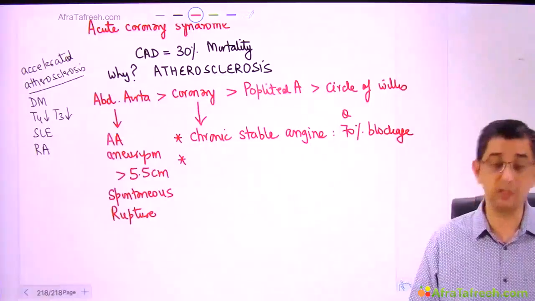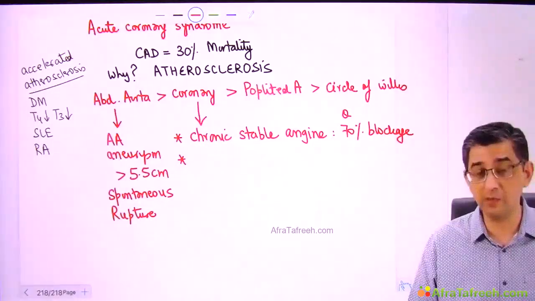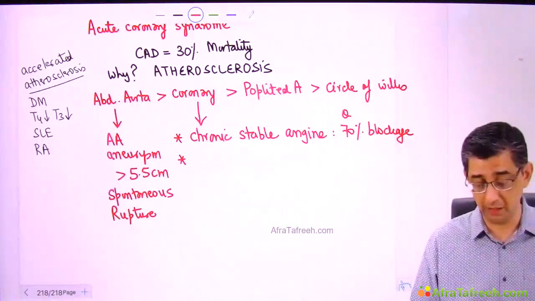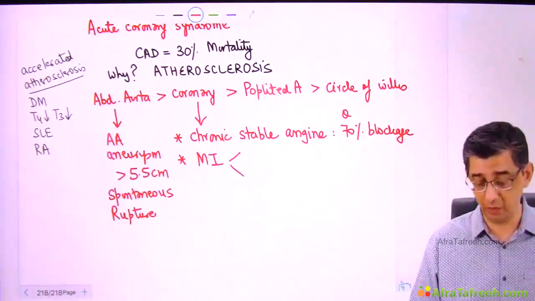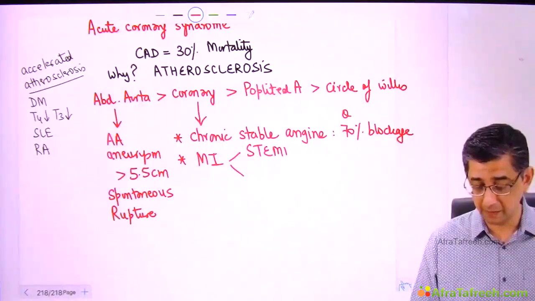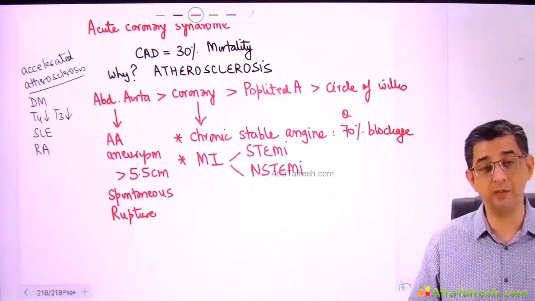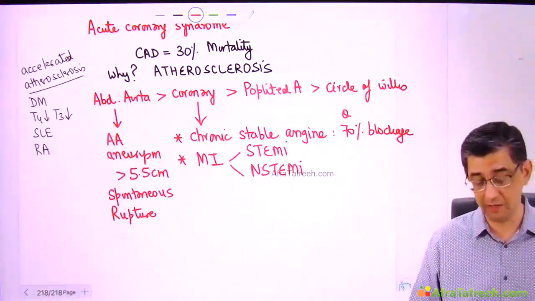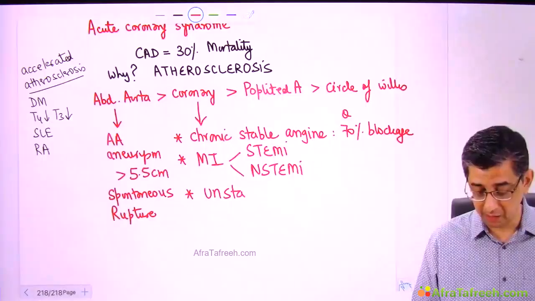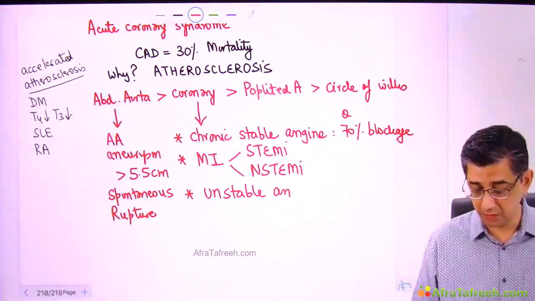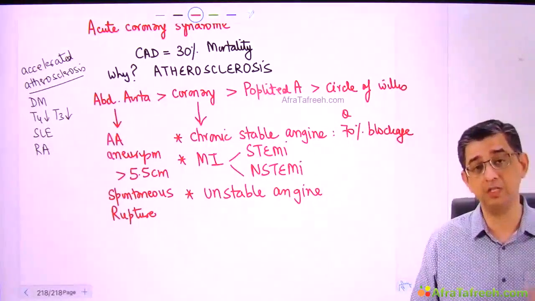In fact, in some patients, there's a possibility that the atherosclerotic plaque might fissure. Collagen will be exposed, platelets will jump onto that opportunity, and the person can have a myocardial infarction, which will be of two varieties that I'll explain to you. One is going to be STEMI, and the second is going to be non-ST elevation MI, and the treatment of both of them is different, as will be explained to you as we go on in our journey. There's also a possibility that some patients might be having unstable angina. So I will be teaching you regarding differences in ECG and biomarkers with respect to STEMI, non-ST elevation MI, and